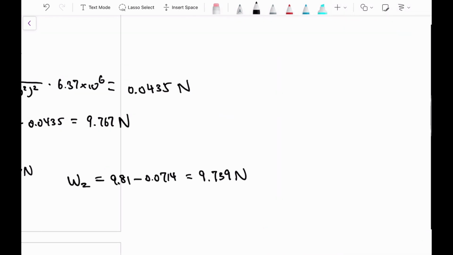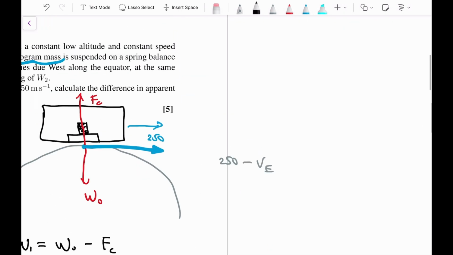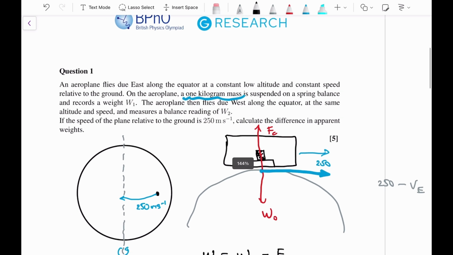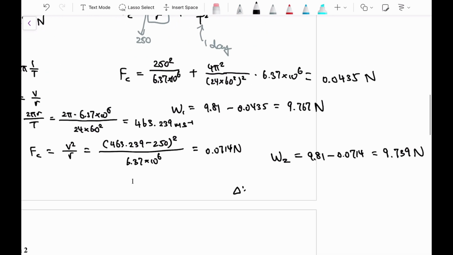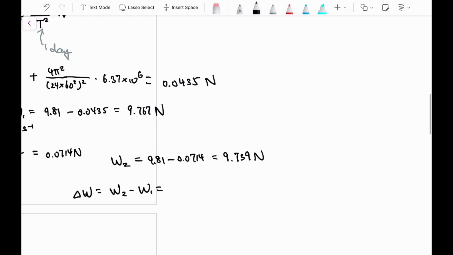And then now let's see the question. The question wants us to calculate the difference in weights. Then we'll be able to calculate the difference. So let's say it's W2 minus W1, which is equal to